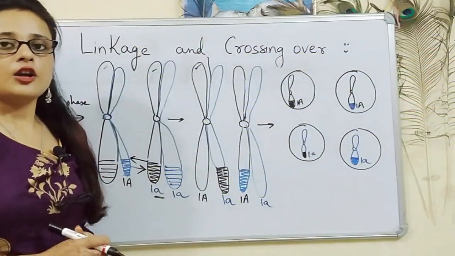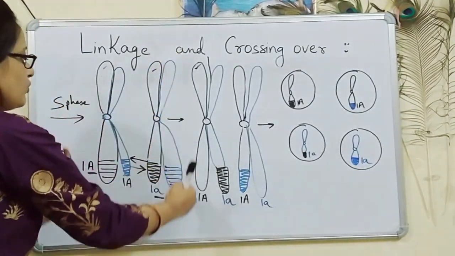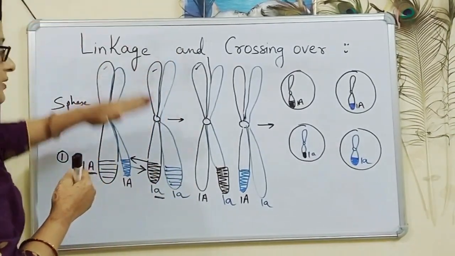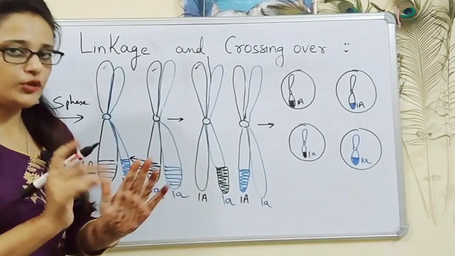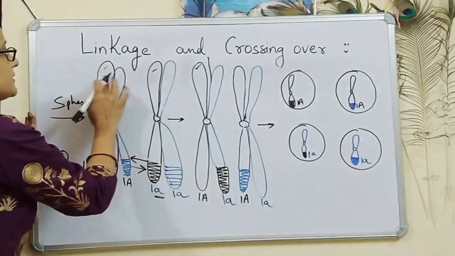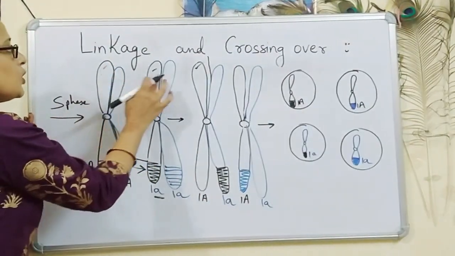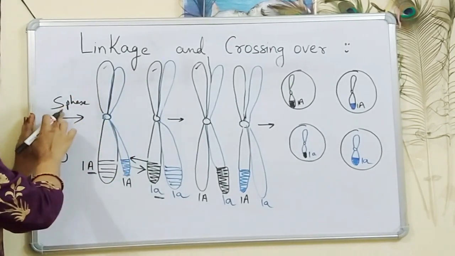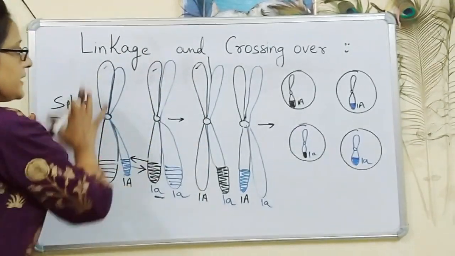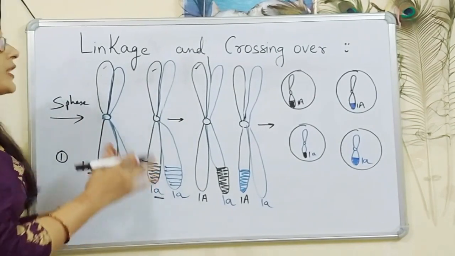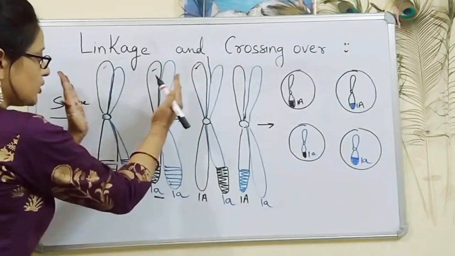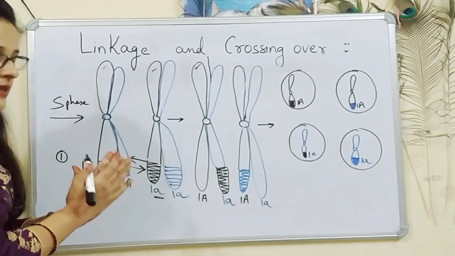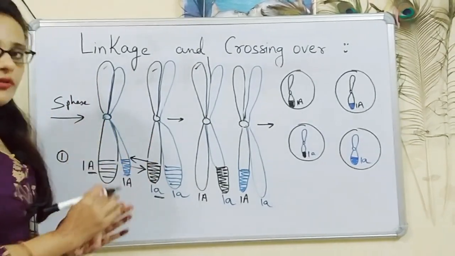Let's begin. Over here, I have drawn one pair of homologous chromosomes. There are 23 such pairs in each and every cell of human beings. These black chromatids are the homologous chromosomes. These blue ones are the replicated forms after S phase, and they have coiled and taken this shape in leptotene. In zygotene, they have come closer, synapsis has taken place, and crossing over will occur.